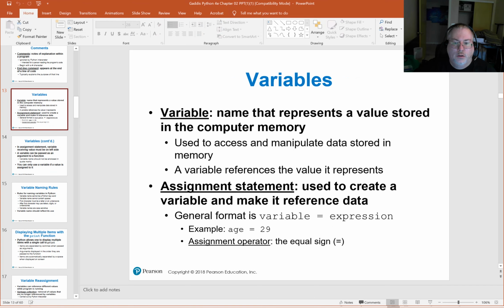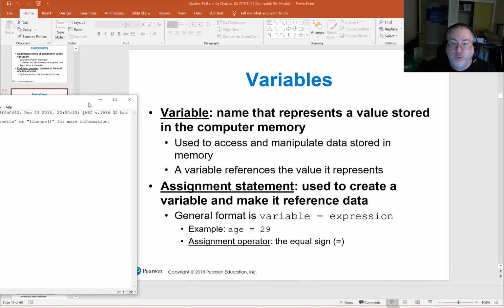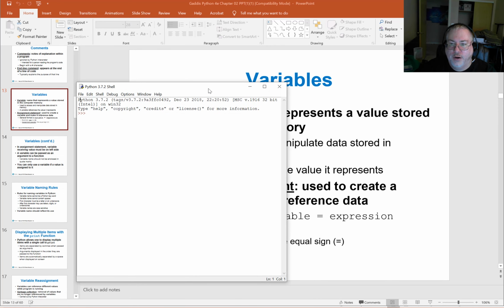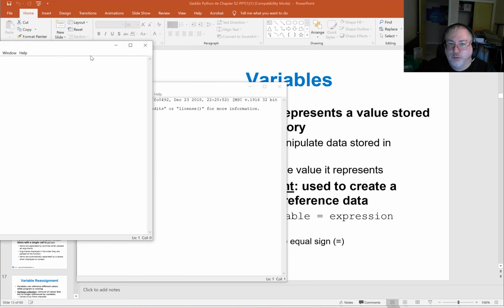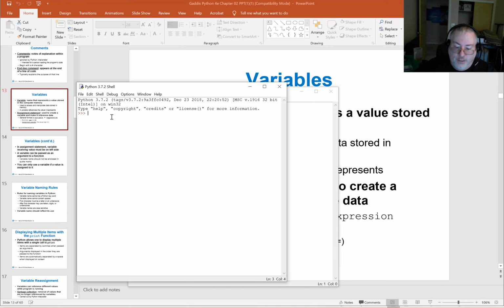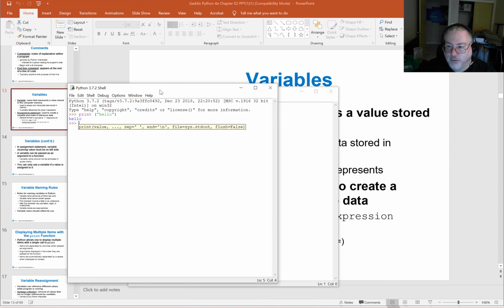All right, let's open up Python and do some real live hands-on exercises with making an example using variables. So let's consider that calculate pay program that we were looking at before with that flowchart. And so we have Python open here. We want to make a new file, because we're going to be coding everything in a new file and saving it so we can use it later, rather than this interactive Python environment,